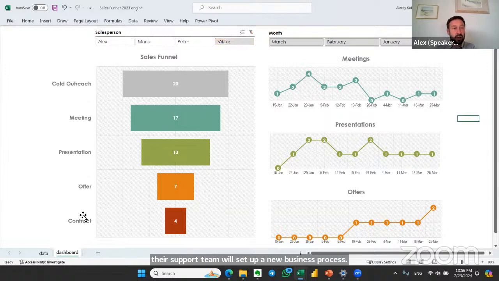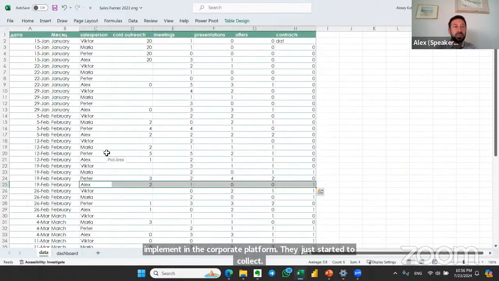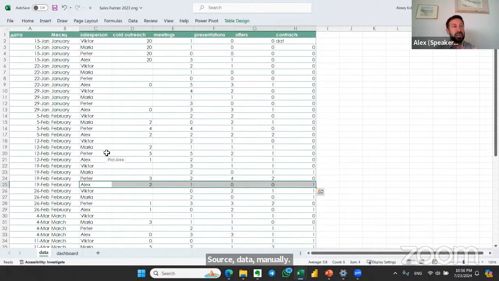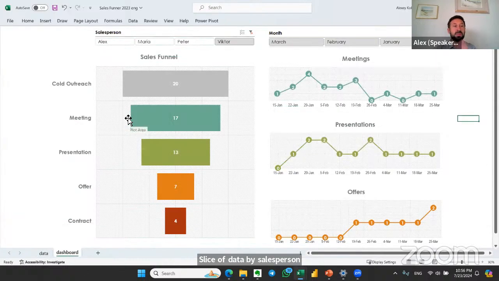They just started to collect source data manually, and weekly they added another slice of data by salesperson and their key indicators: meetings, presentations, offers, and contracts.